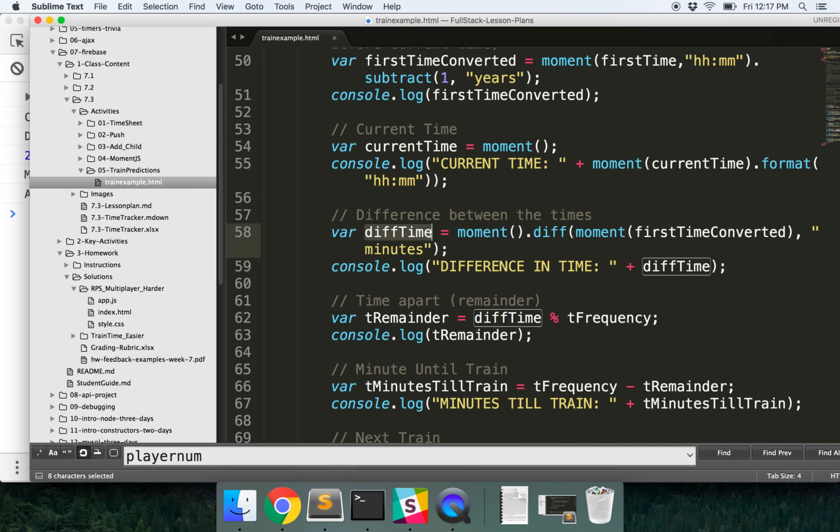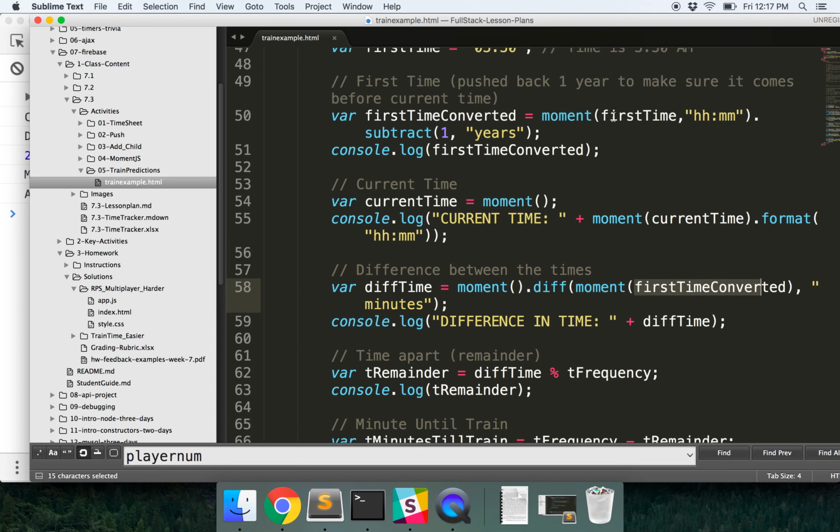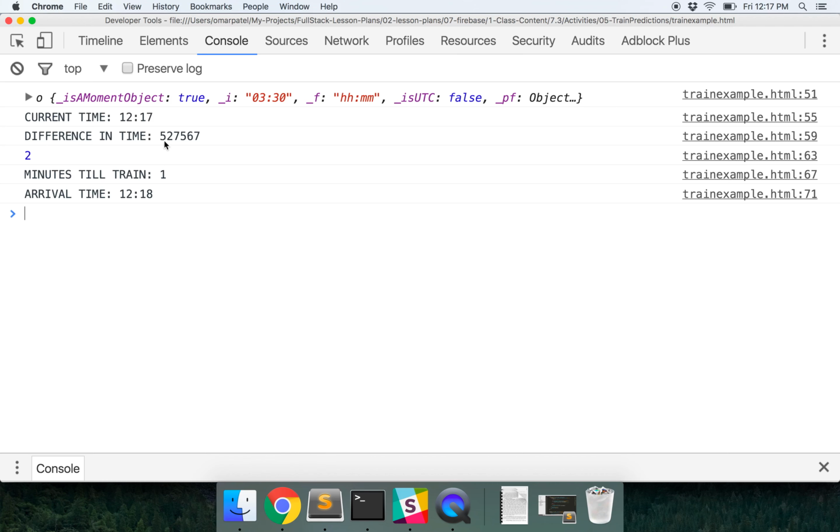Now we have this variable diff time, so this is the difference in time. So if we take moment, this is again our current time, and say the diff using moment.js, that gives us the difference between our current time and whatever time we want from there. So we have our first time converted, which was here. So what's the amount of time that's passed between 3:30 a.m. and my current time? So remember, this is 3:30 a.m. 1 year from today. So this is